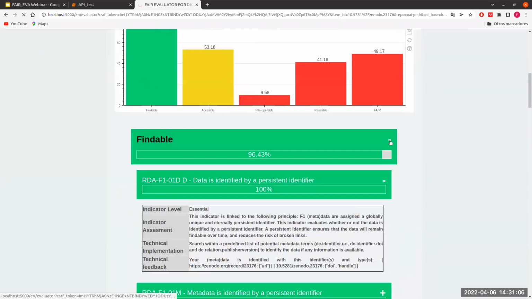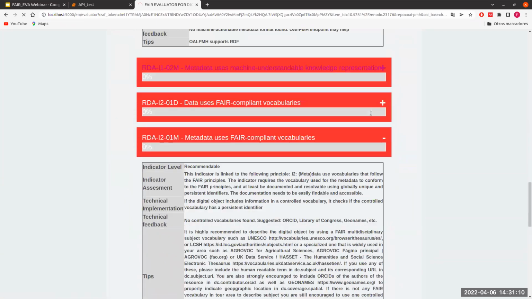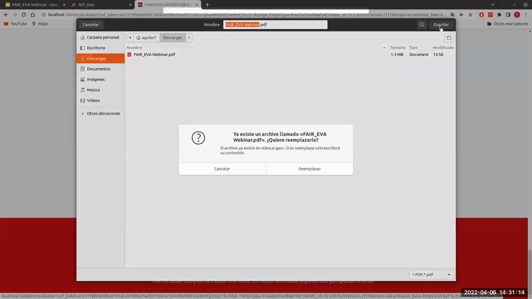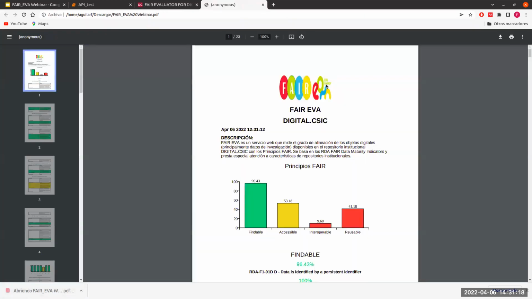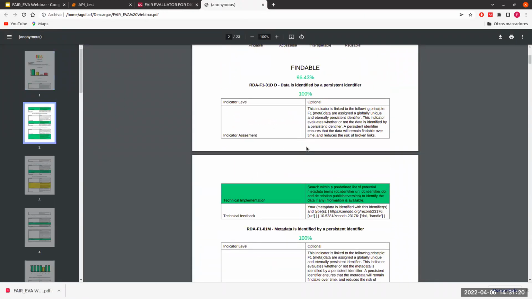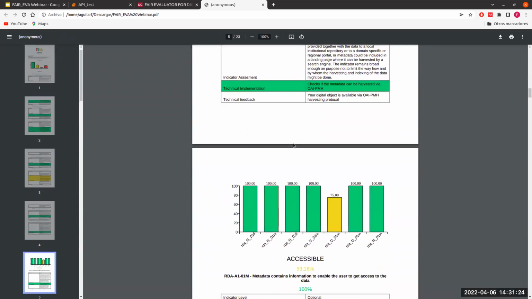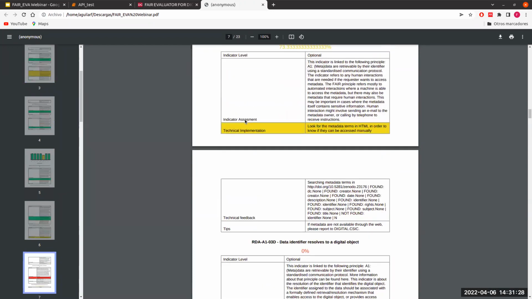Yeah, and well, the thing is, in this case, as we will see, that for reusability, we can replace. This is how the PDF looks like. This is a report that you can also share, and it's useful.